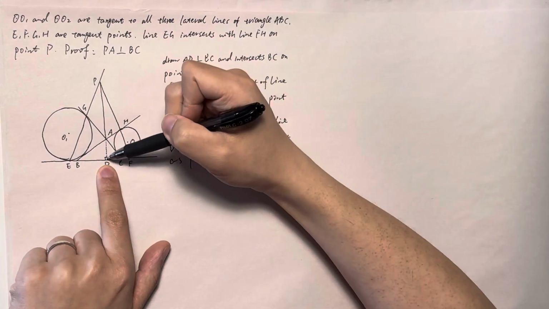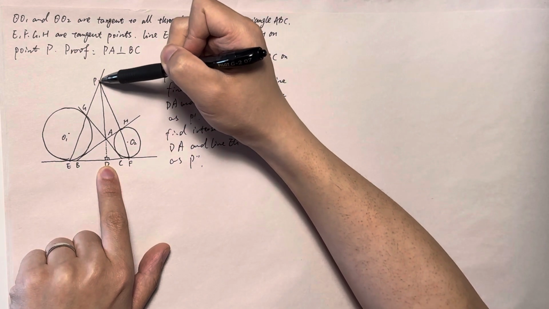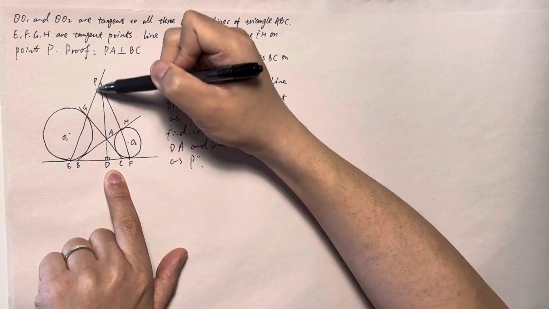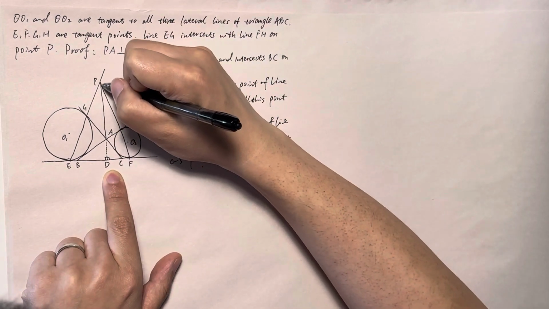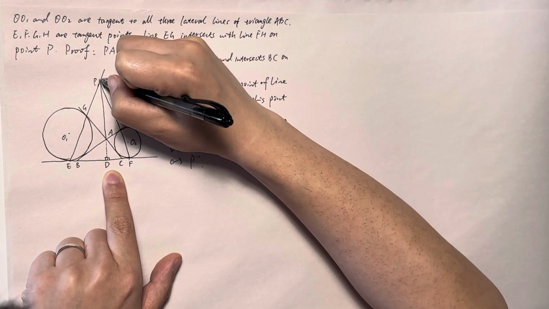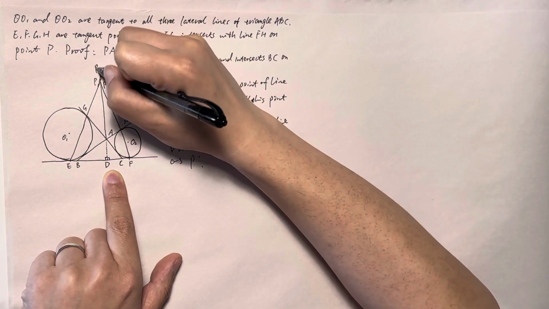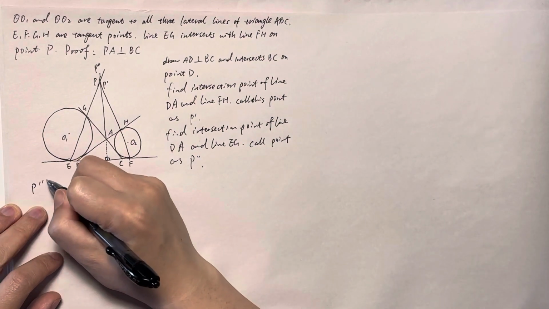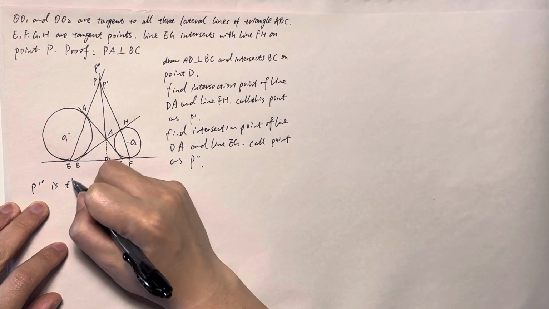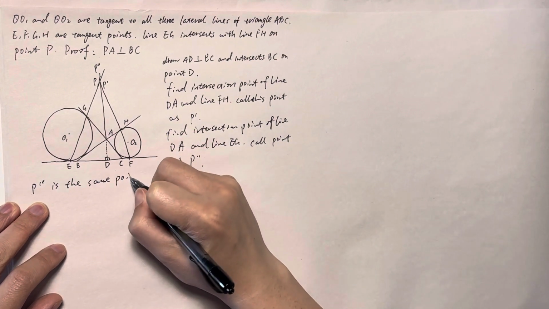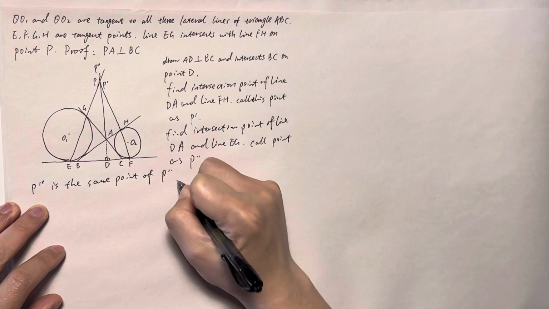We find another point of intersection for the line DA and EG. So basically we here call P prime, and for another point, we can call it P double prime. Basically we want to prove that P prime is the same point as P double prime,